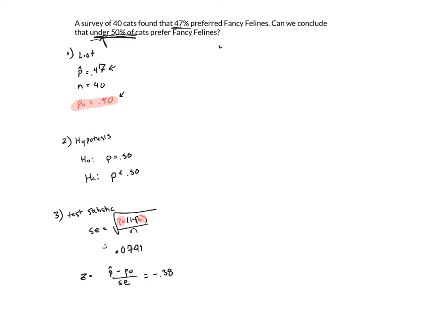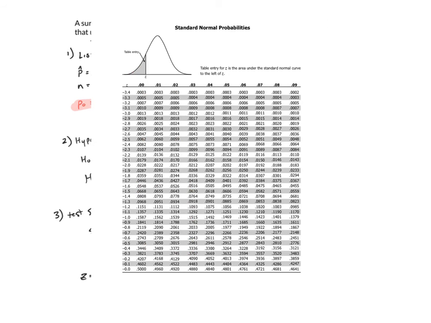Now, when I go to step 4, I'm going to find my p-value. I need to pay attention to the fact that I have a negative z-score, so I'm on the bottom half. And I want to show below, so I'm shading the lower end, which means I don't have to do anything fancy here. All I really need to do is look at my z-table. I'm going to look for negative 0.38. Coming to the side, I look for negative 0.3. On the top, I look at 0.08. And I get